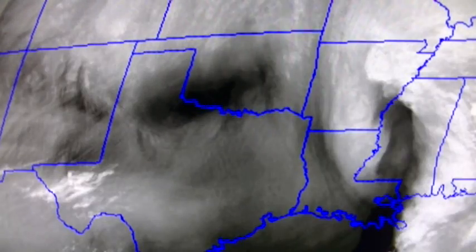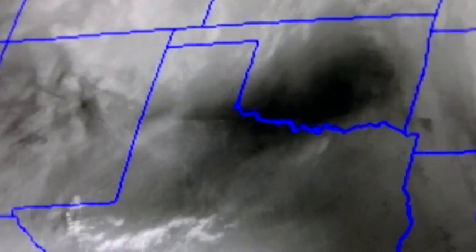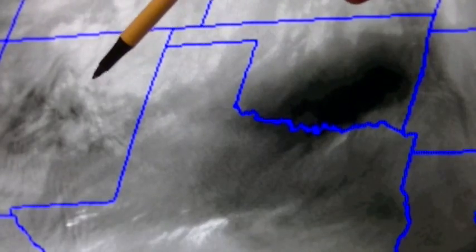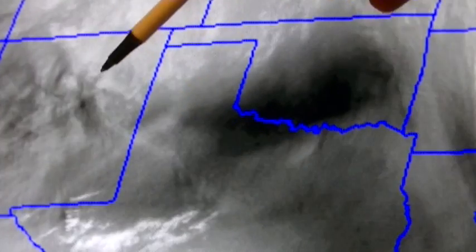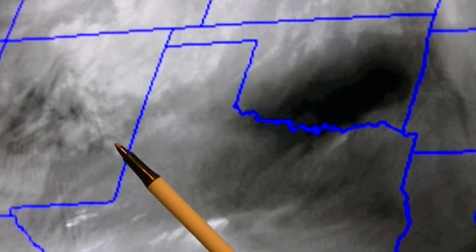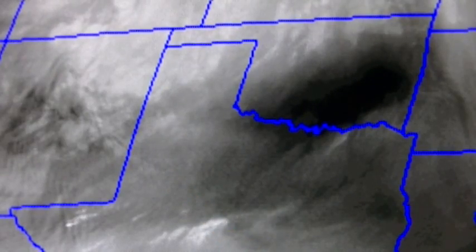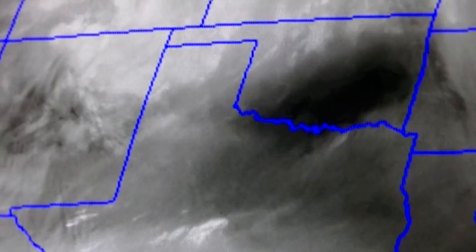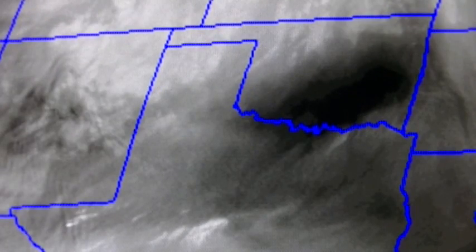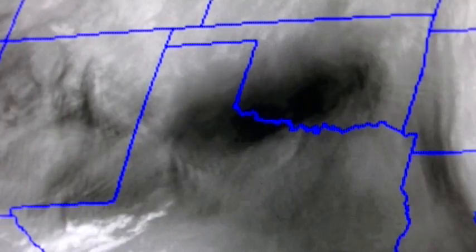If we jump ahead in time, this is a few hours later. Right here we can see, and this is the Haarp downburst, folks. Right here, there is this circular outflow boundary, and it actually has about 3 concentric rings right here. So this is a classic Haarp outflow boundary, expanding steadily, with concentric rings. Behind it you have dry air being pressed down. That's what I call the Haarp outflow boundary, the Haarp